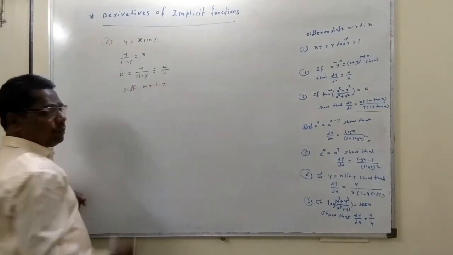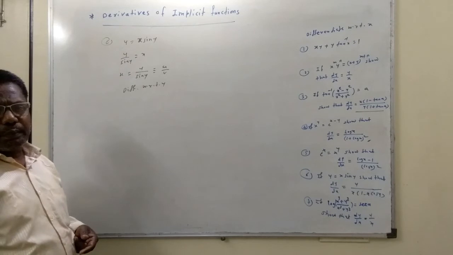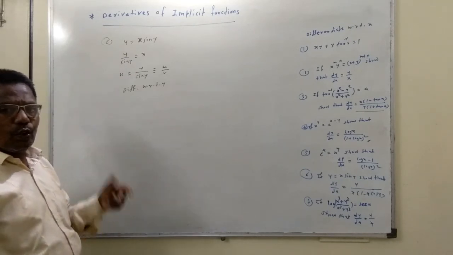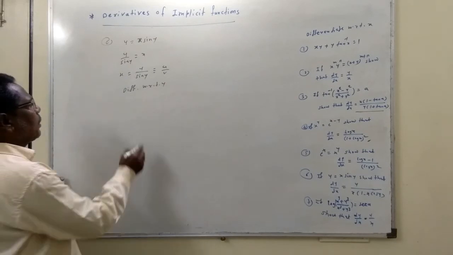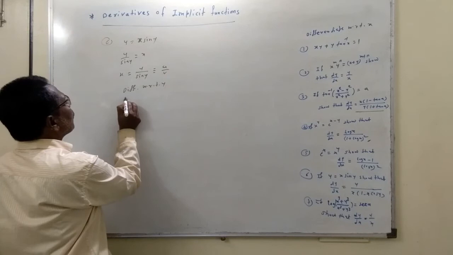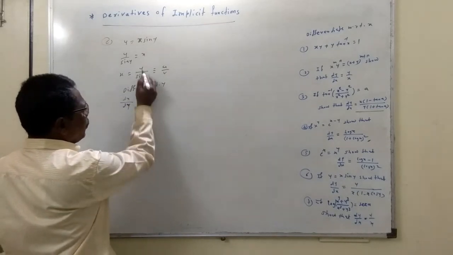Note this also, a very important step. When we are getting the function in explicit form, maybe x is equal to a function of y or y is equal to a function of x, you obtain it and take the derivative that way instead of differentiating directly. So differentiate with respect to y, the derivative of x, dx upon dy, is equal to u upon v.